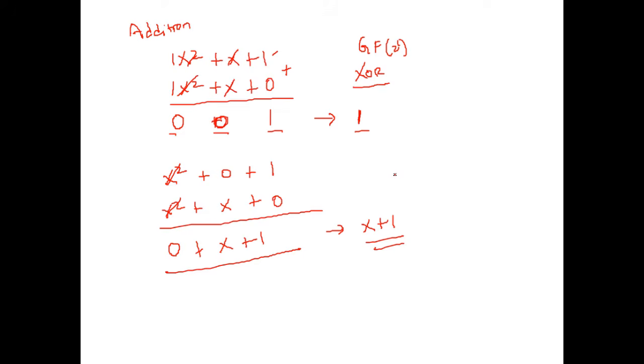Okay. So whenever you're talking about addition in a finite field, similar terms will cancel out. The same thing, I'll be writing it like this. Say we are trying to add x square plus 1 plus x square plus x. So we are trying to add x square plus 1 with x square plus x. So you can very well go and cancel out terms that are repeating. So what is the answer now? x plus 1. That's what we have achieved here. In addition, you have to understand that it's an XOR operation and similar terms will cancel out each other.